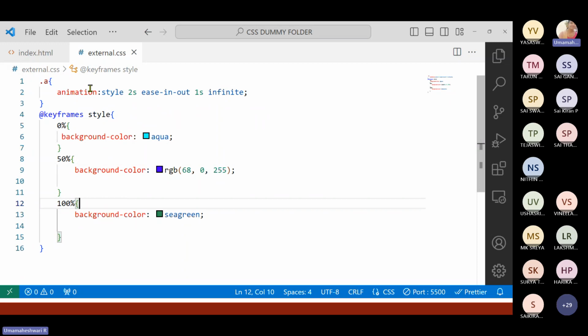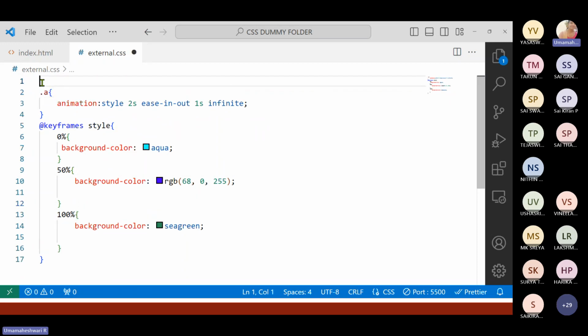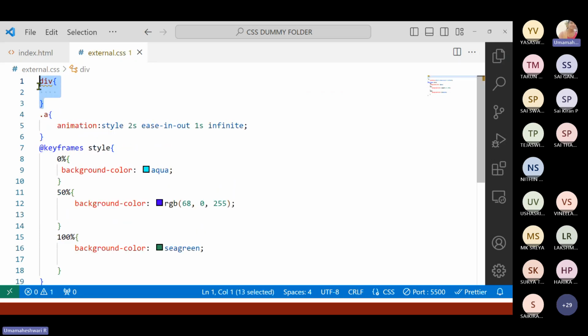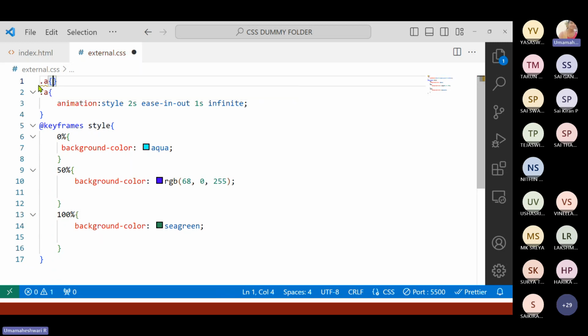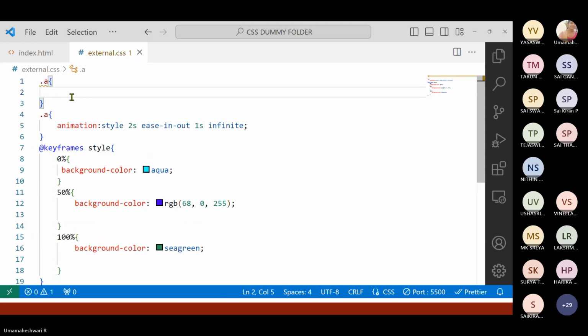I need to create a container. So I need to mention some details for this container, right? Let's say this one dot A. Okay,